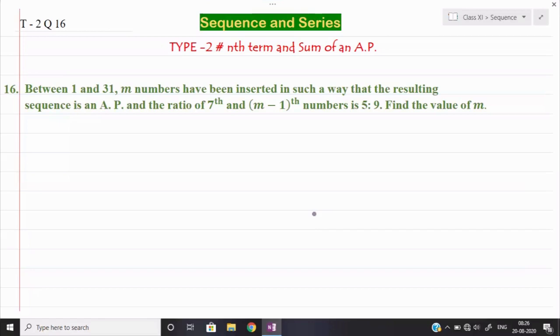They are giving one more thing in the question. They are saying the seventh number, whatever 10 or 20 numbers you are inserting, and the m minus 1th number, means in the total m numbers the second last number, if you take the ratio of those two numbers, the ratio is 5:9. Then we have to find out the value of m, means how many numbers we have inserted. First of all, in this question I will suppose,